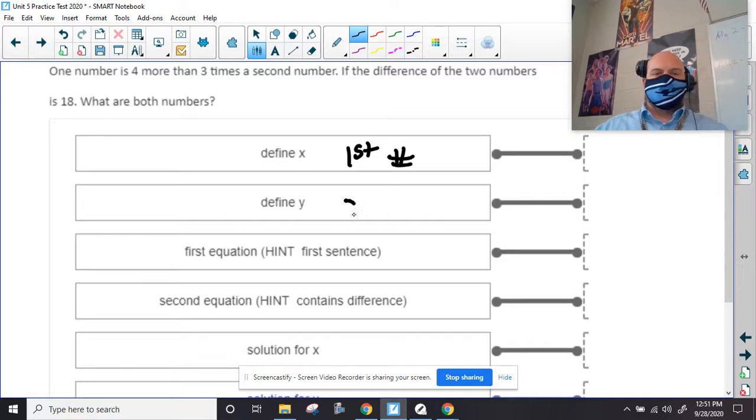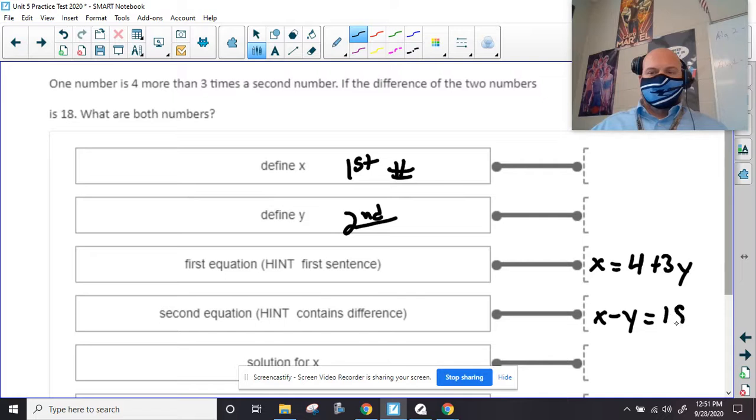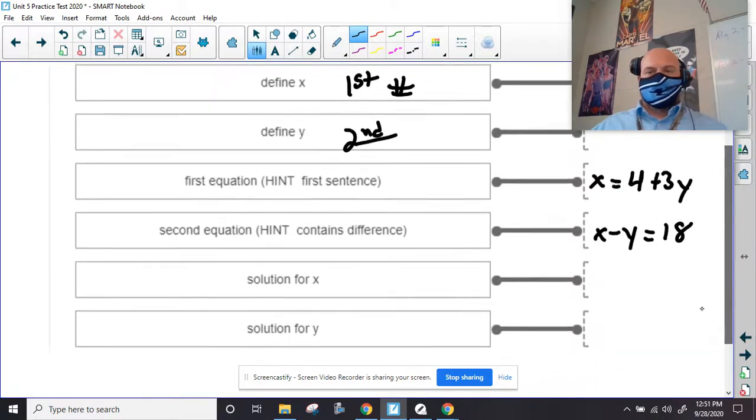Define y is going to be the second number. All right. One number, so we're just going to say x is 4 more than 3 times the second. The difference of the two numbers, so x minus y, is 18. Okay, so